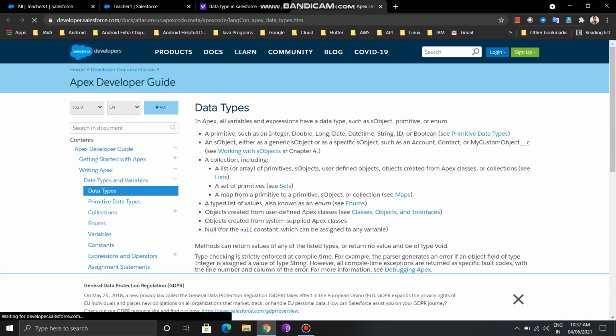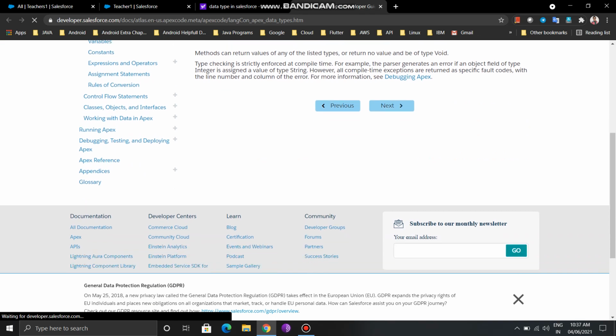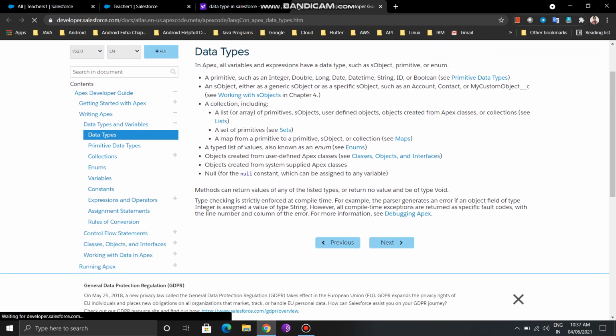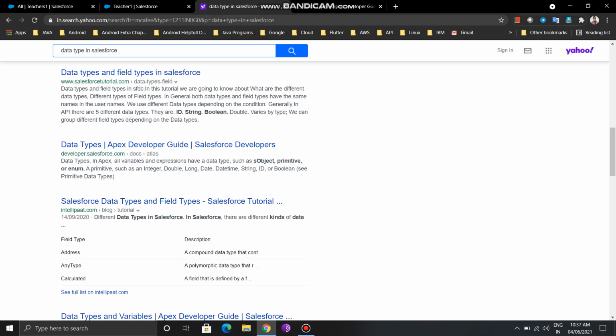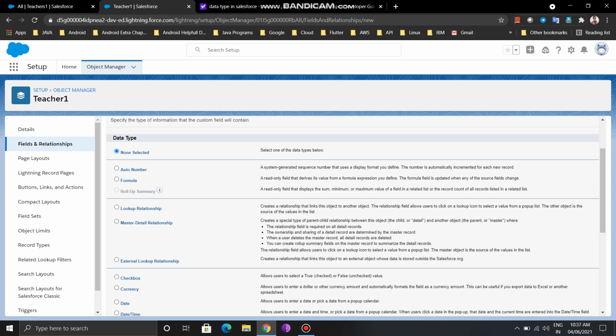Yeah, it's saying data types of Apex, the programming language. Leave that for now. Just go through all the data types and read from here, and you will know everything about the data types.